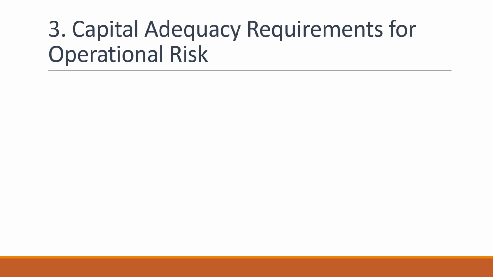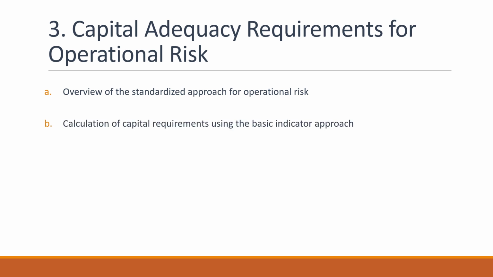Capital adequacy requirements for operational risk. Capital adequacy requirements are regulatory measures designed to ensure that financial institutions have sufficient capital to withstand losses and maintain financial stability. The standardized approach for operational risk requires banks to hold a capital buffer of 8% of their annual gross income. There are two methods for calculating capital requirements using the standardized approach: the basic indicator approach, which is